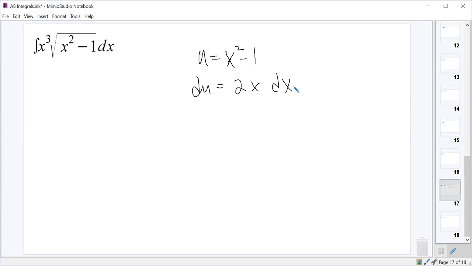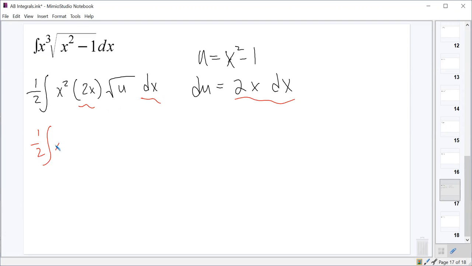Okay. So now as I rewrite this integral, I've got an integral of, I'm going to write the x squared, and I'm going to put a 2x there. And so the x and the x squared make that x cubed that I had, right? But I did throw in an extra 2, so I'm going to have to put a 1/2 out there. Everybody good with me doing that? Yeah. Okay. Cool. So now we can take this 2x dx, turn that into my du, and have 1/2 the integral of x squared u to the 1/2